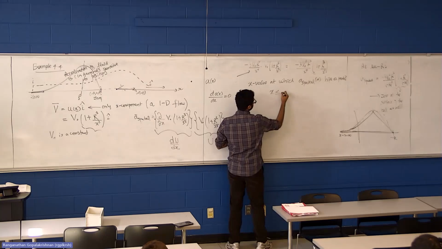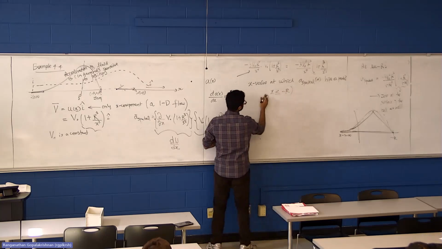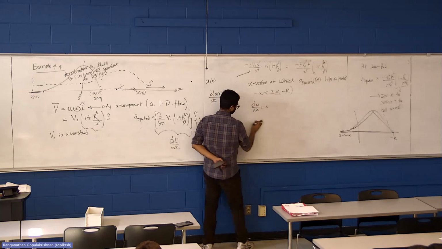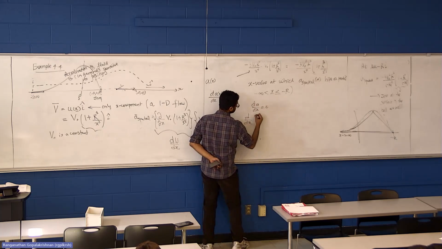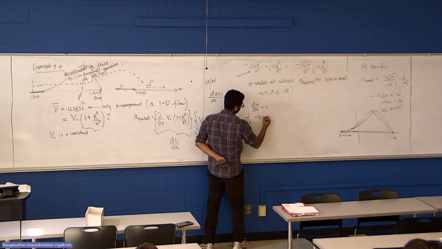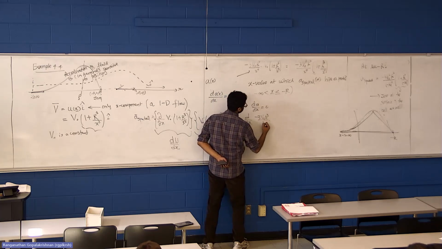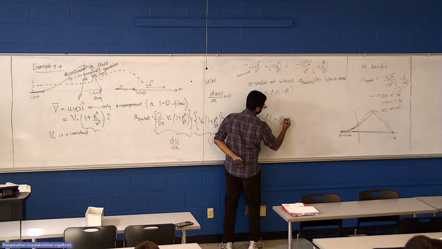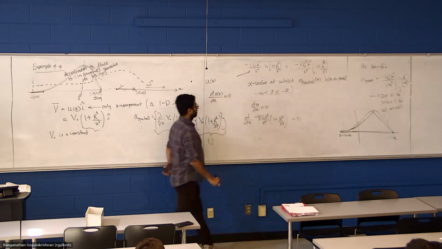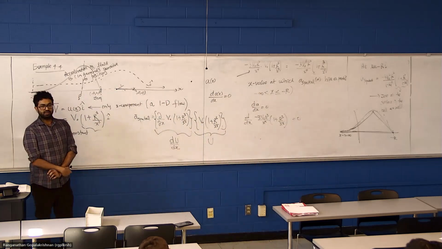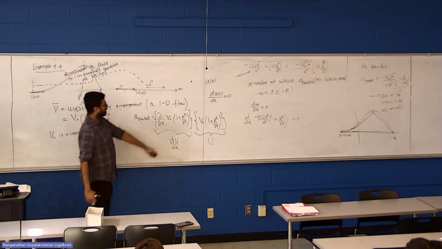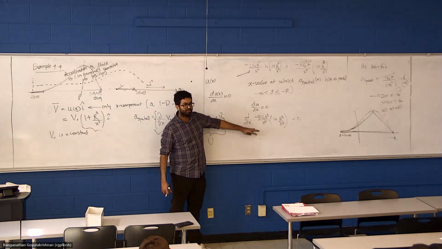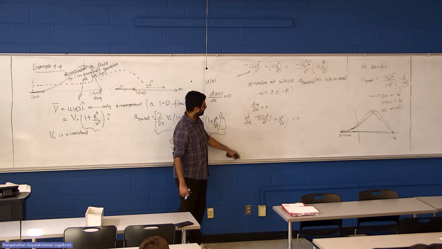Now x is less than or equal to minus r. That's our assumption. So you have dA over dx equal to 0, or the derivative with respect to x of minus 3 v naught r cube over x to the 4, 1 plus r cube over x cube equal to 0. You can do this, right? That is calculating the derivative, setting it to 0 and solving for x. I'll show you how we will do it.